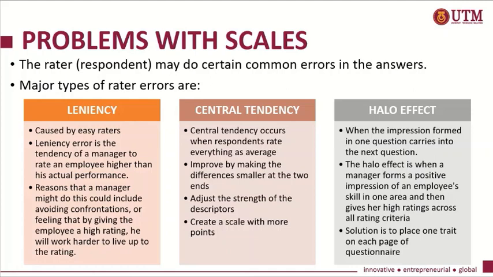Second, central tendency errors occur when respondents rate everything as average. And the last one, the halo effect, occurs when the impression formed in one question carries into the next question. For example, a manager forms a positive impression of an employee's skill in one area and then gives high ratings across